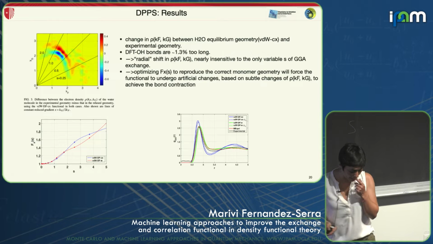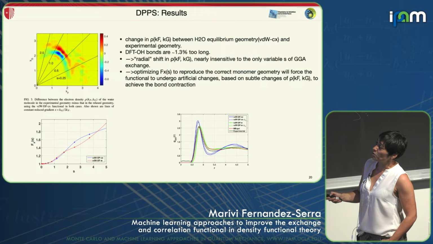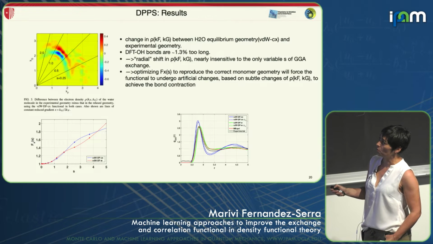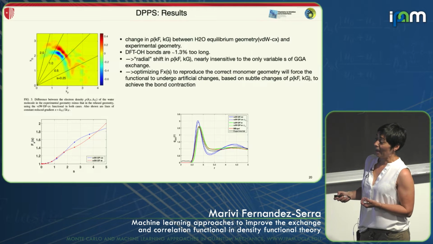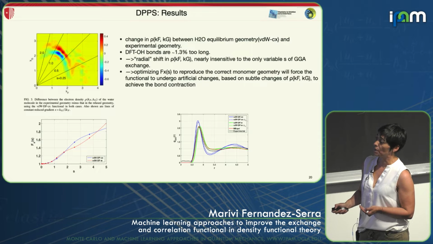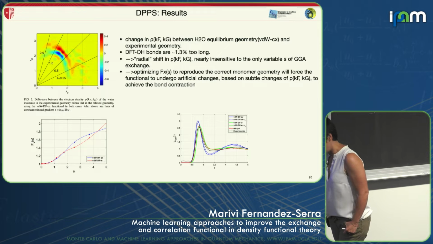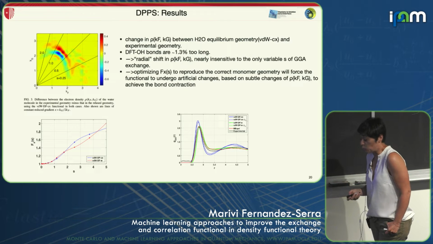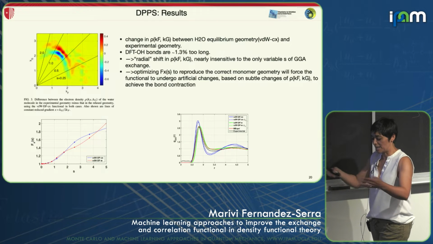So it is already saying that optimizing this functional to reproduce the correct monomer geometry will force the functional to undergo very artificial changes based on changes of this density to achieve that bond construction. Those artificial changes I didn't show here. If I don't impose constraints, you'll see very quickly very large oscillations in your enhancement factors. So we realized it's impossible to optimize the geometry of the monomer and at the same time optimize the